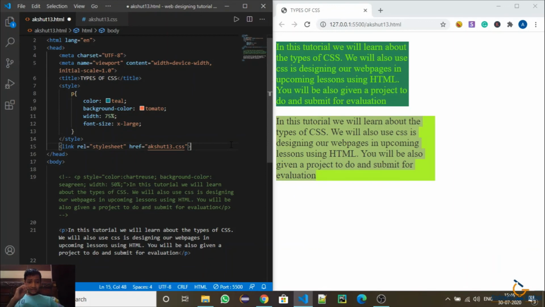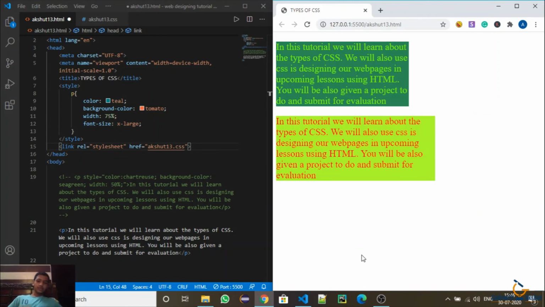But with external CSS, if you have been given an assignment with a deadline, and you have to complete it in one file of this many lines, you will mostly prefer external CSS only, like I do.